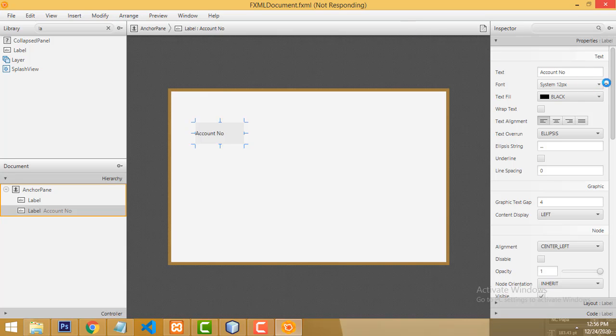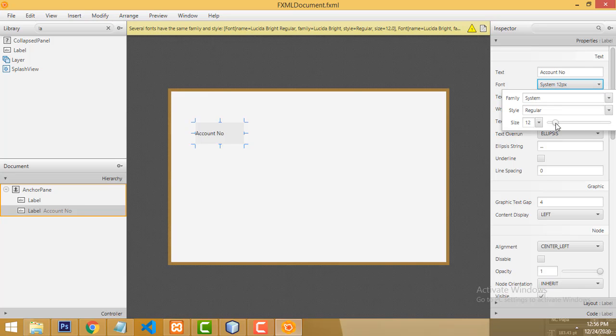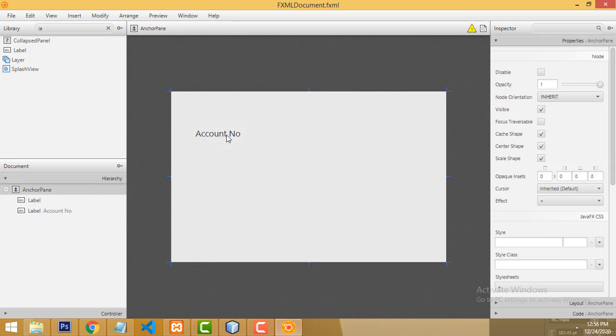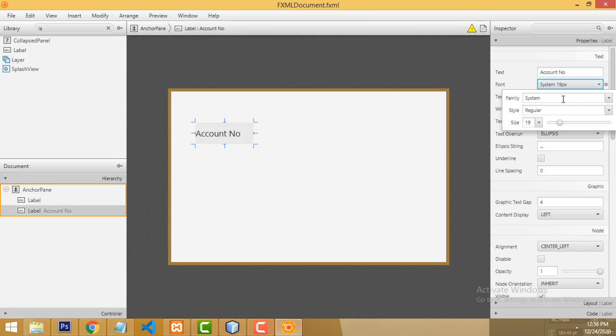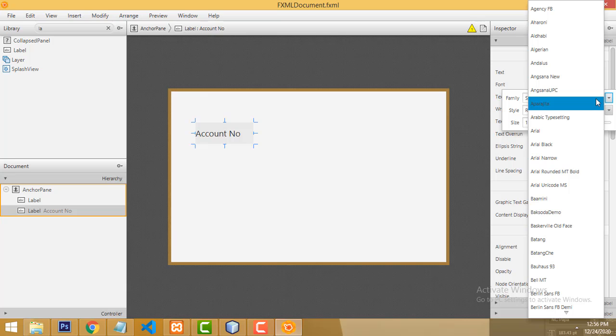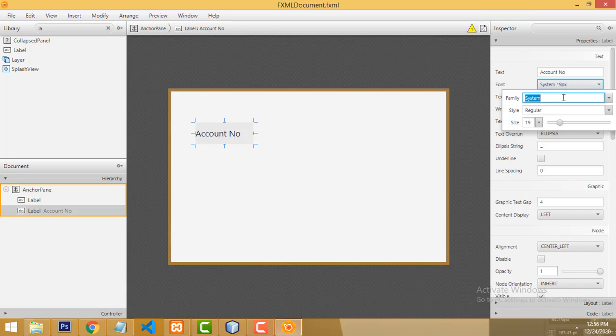It's loading. Okay, right. Now here we have to make the design. Right. Very simple compared to Java, very simple, right? Okay, you can give any font style. Okay, if you like Arial, you will be able to see Arial. Anything, yes, you can, no problem, right?